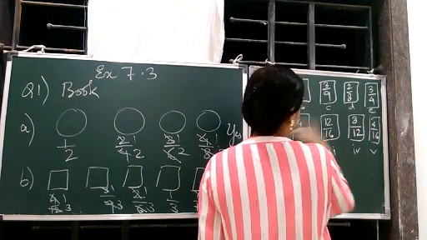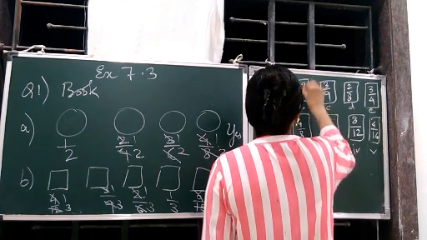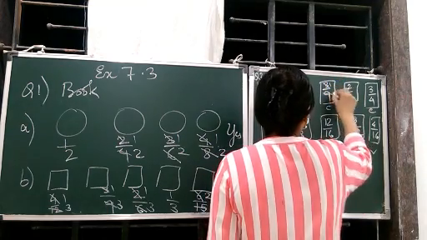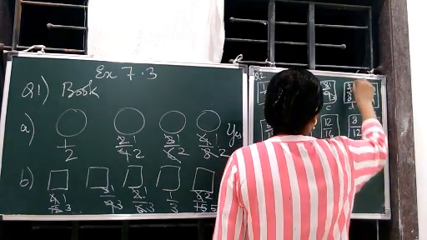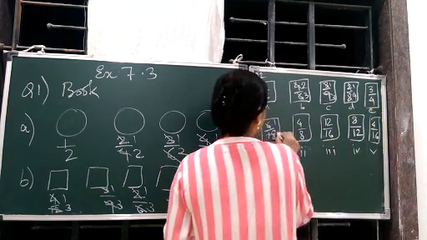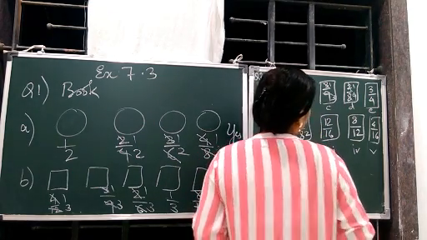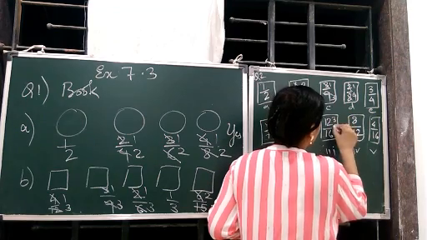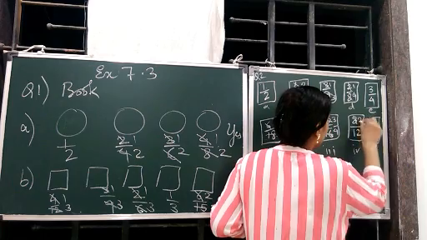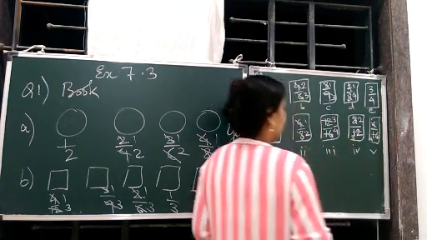Because you can see nothing will match here. This is 1 by 2. This is 2 by 3. Then this is 1 by 3. Then this is 1 by 4. And this is 3 by 4. This is 1 by 3. 6 by 18 becomes 1 by 3. This is 4 threes are 12 and 4 fours are 16. Then 4 twos are 8 and 4 threes are 12, and 4 ones are 4 and 4 fours are 16. Now you see which one is matching where.